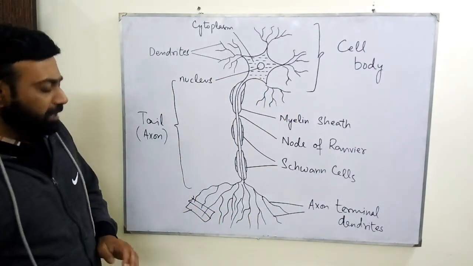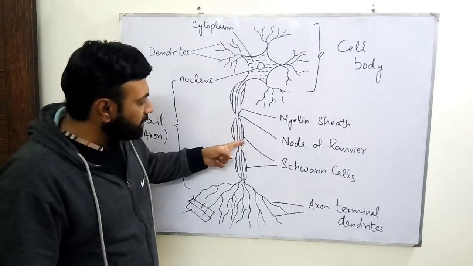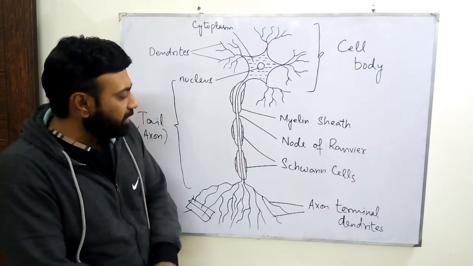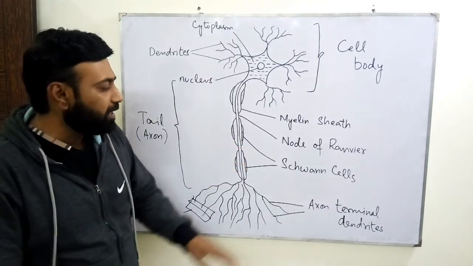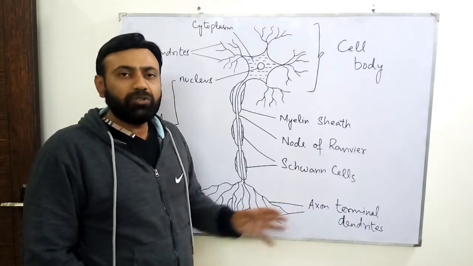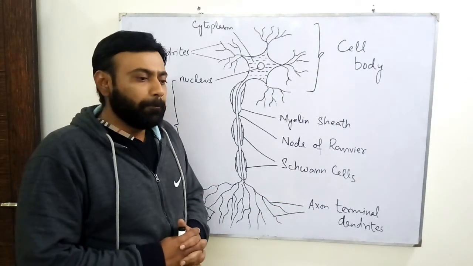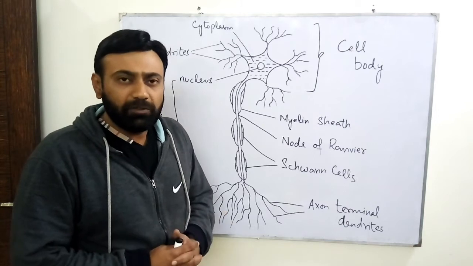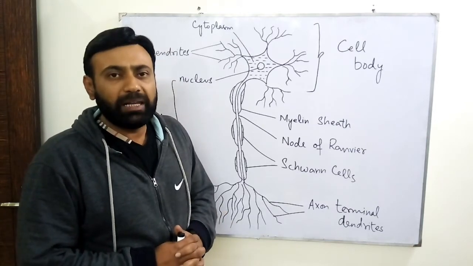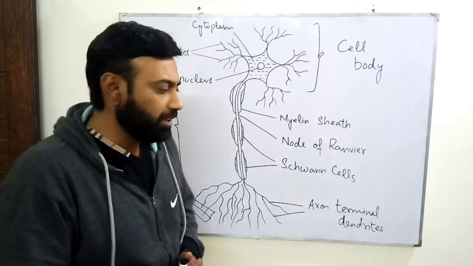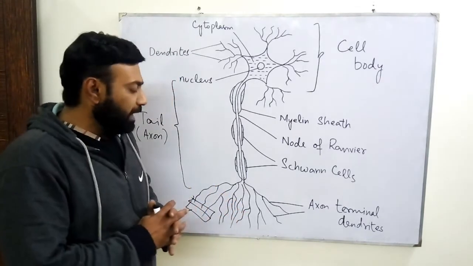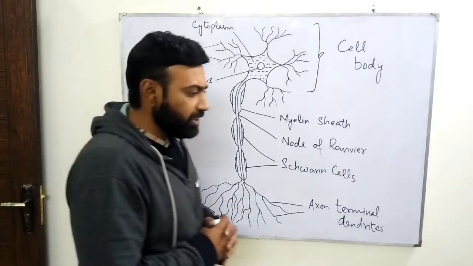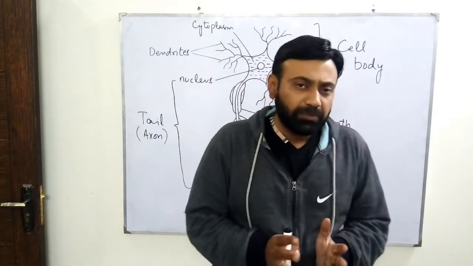Okay, now myelin sheath, as we know, is very important. Here you can see tiny cell-like structures attached to myelin sheath. These are called Schwann cells. These Schwann cells are responsible for the repair of myelin sheath in case of any damage. And the repair of myelin sheath is very important, and this is because